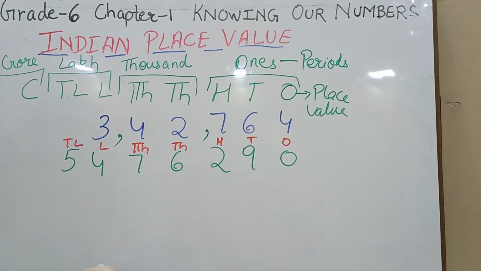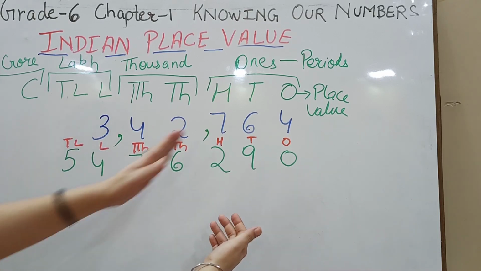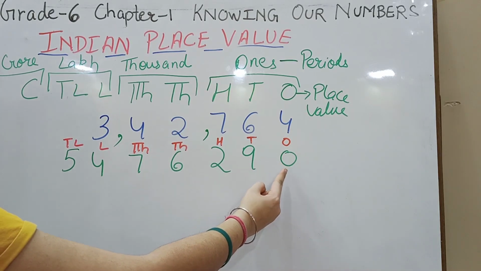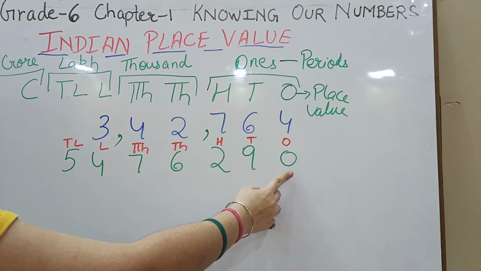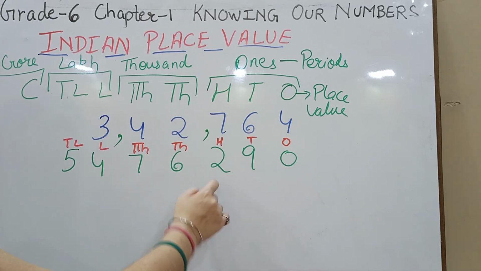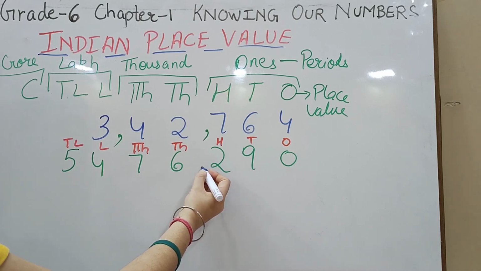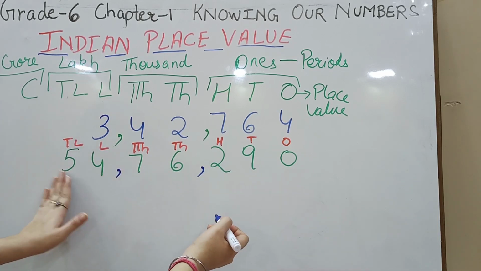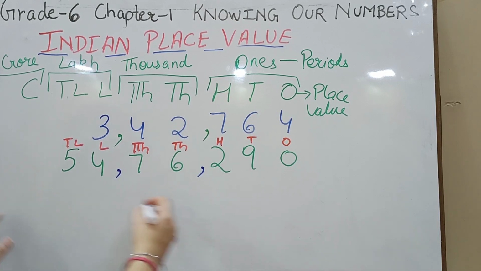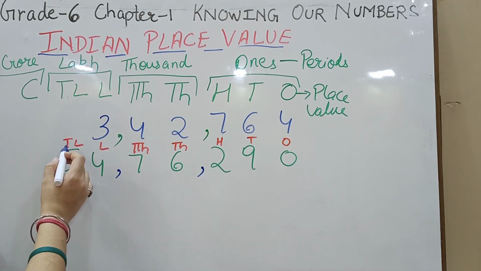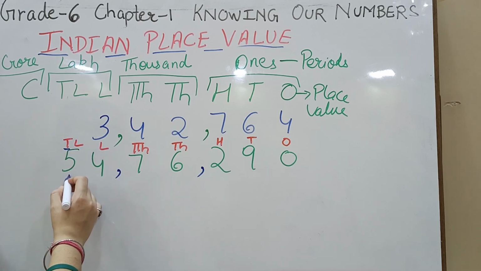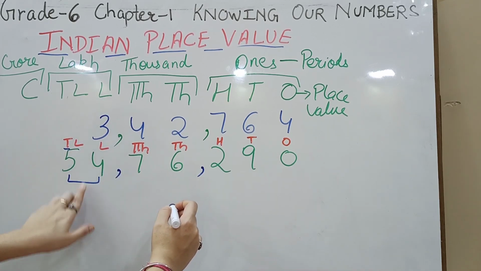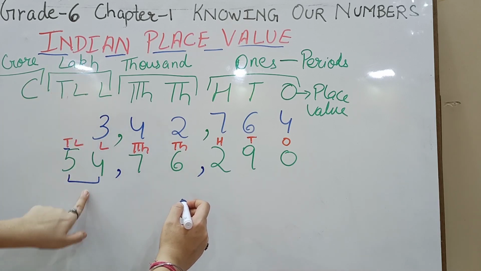Now, second step is to insert commas according to the periods. As you are already aware, in Indian place value system, the period gets over at ones, tens, 100. So, comma, 1,000, 10,000, comma, lakh, 10 lakh, comma. Now, how are we going to read this? Since, if you see, there is 5 and 4, and both belong to the period of lakhs. So, 5, 4 will become 54 in the period of lakhs. So, 54 lakhs,